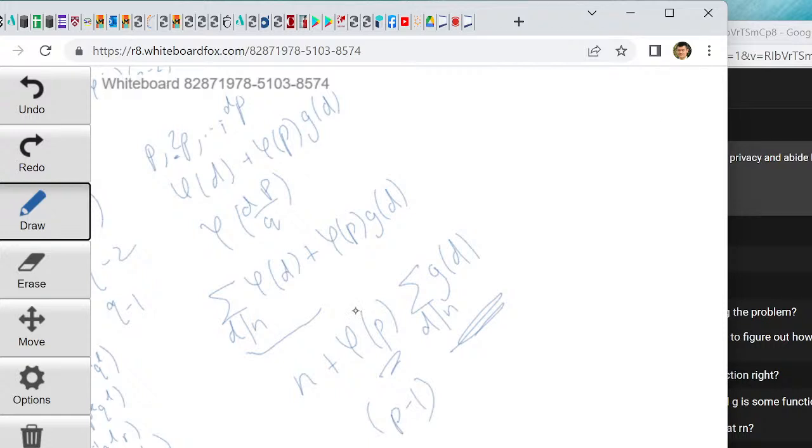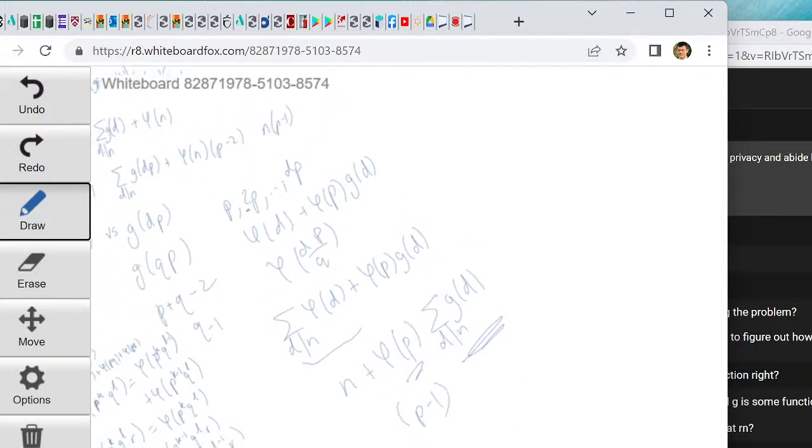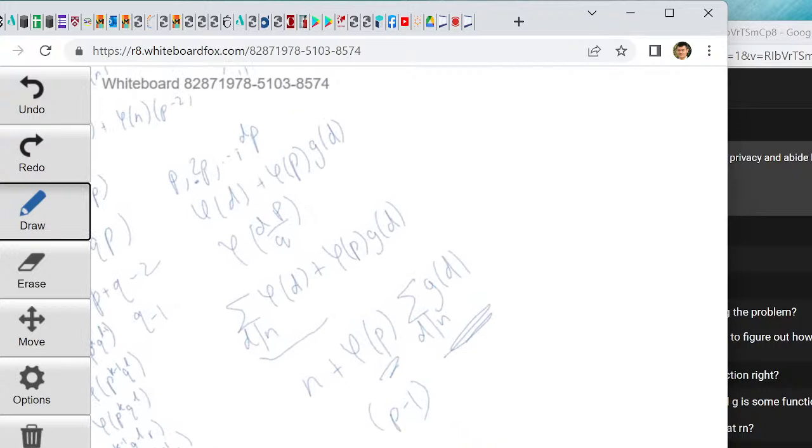This thing here, well that thing here plus phi of N is bigger than or equal to N. So maybe we could think of it as this thing here